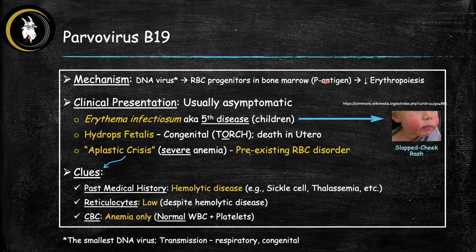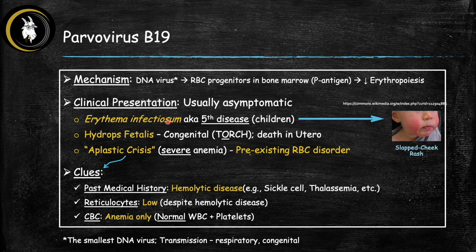the bone marrow, and so we end up with decreased red blood cell production in the bone marrow, which leads to the underproduction anemia. So now let's see how this is going to present clinically. Most infections are going to be asymptomatic, so they're not going to cause significant anemia, and that's because the infection usually only lasts a few days, and most people have plenty of reserve to outlast the infection time without getting anemia from it. But there are 3 types of clinical conditions that you should know that are associated when it